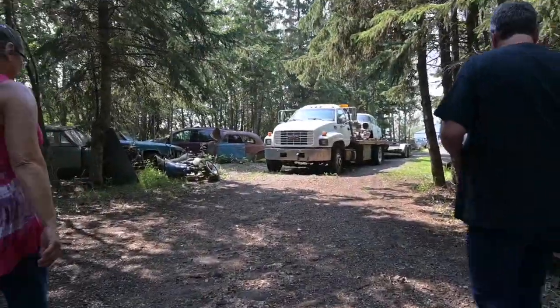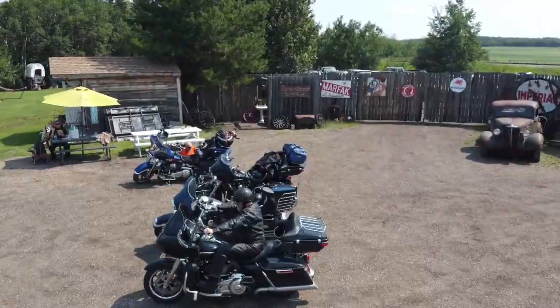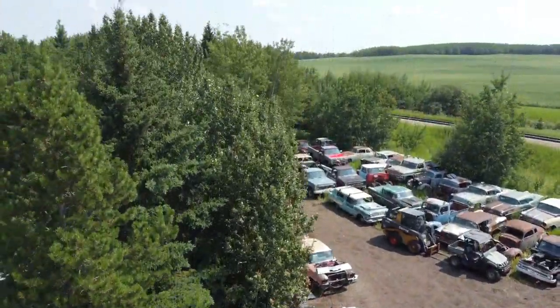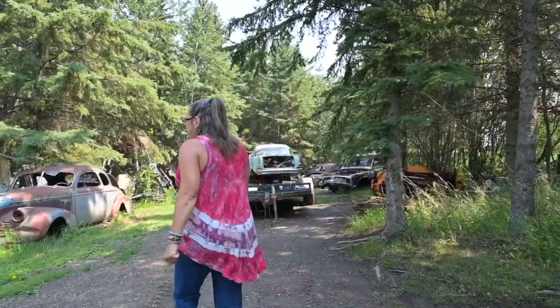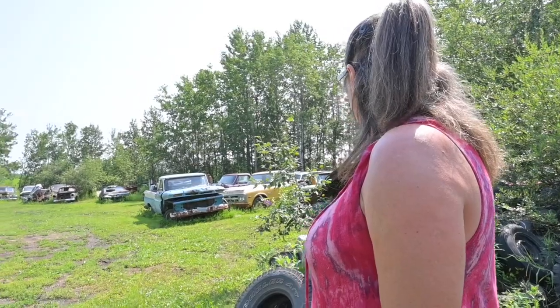These are all our project cars, and most of the people that buy these buy them in totality. I mean, they're going to restore it in some way, shape, or form. So there's quite a few to pick from, the 30s right to the 80s. Someone's always looking for something to restore. This is definitely a good place to come. Like I say, everything from 30s, lots of 50s, some 60s and 70s,